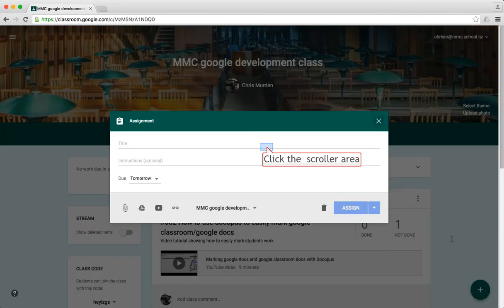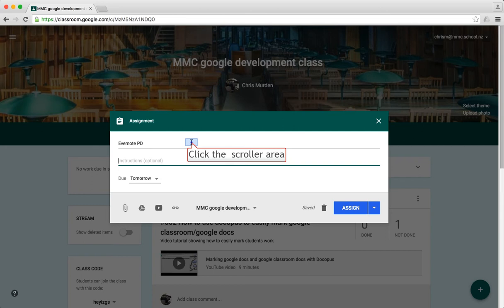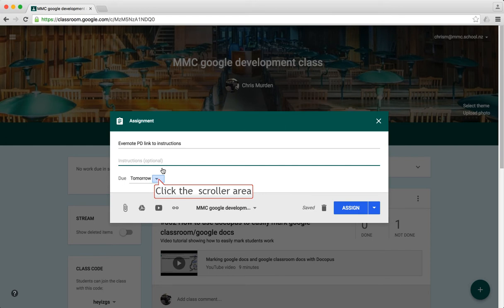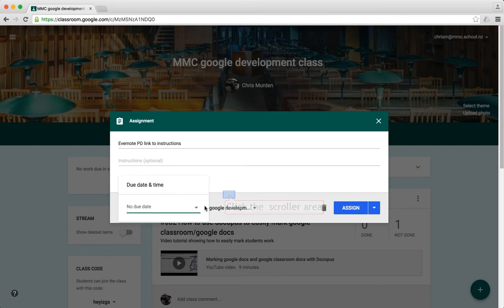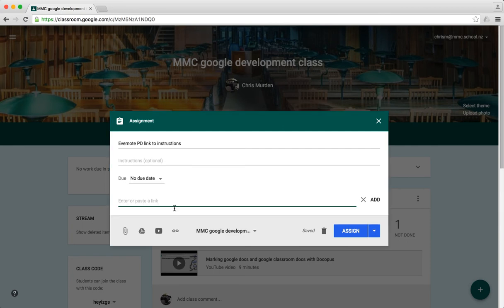So if I click on the add assignment button, I'm just going to call it Evernote PD, and Evernote PD link to instructions, and I'm going to remove the time restraint from that,